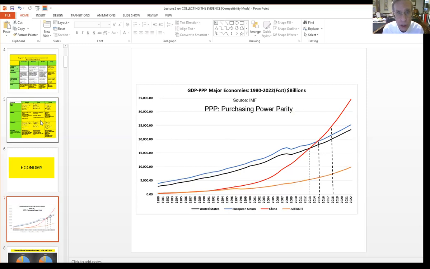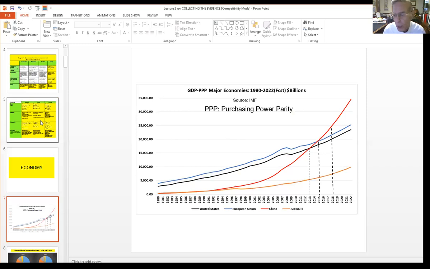It includes Indonesia, the Philippines, Singapore, Thailand, and Korea, I believe. Yeah. So the ASEAN nations are growing very rapidly, and as you can see, they've started to